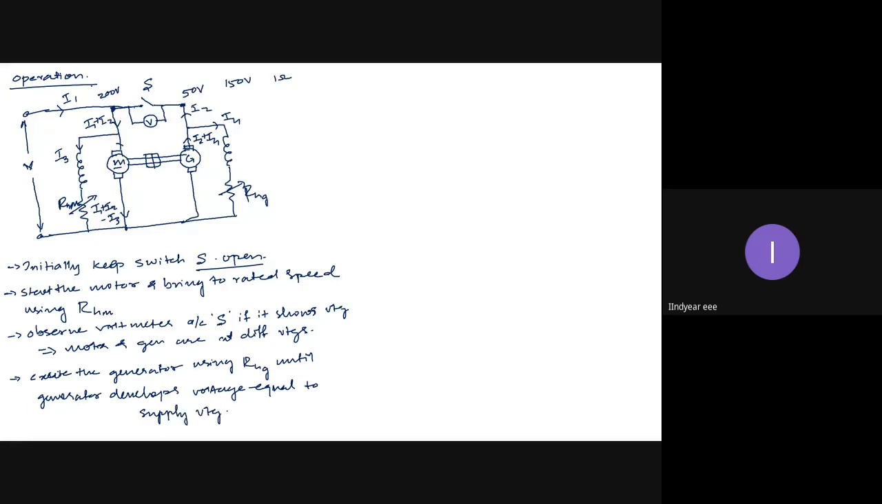Why supply voltage? Because here at this node, the voltage is supply voltage only. Directly it is connected across the supply. Okay. Then how we will ensure this? I haven't connected any voltmeter across the generator. Okay. It is ensured